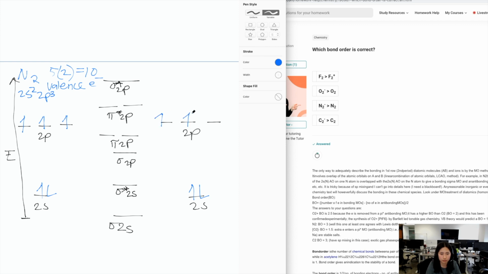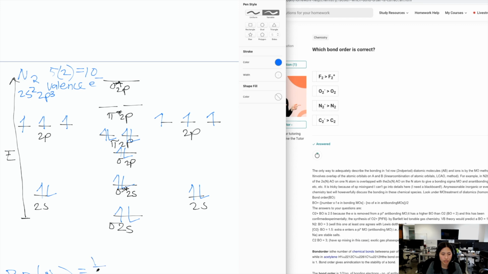Same thing for this side. Oh, and by the way, this is your atomic orbital, and this is your atomic orbital. On the other hand, you have your molecular orbital, which is in the middle. So it's the same thing: 10 valence electrons. So here we go: 1, 2, 3, 4, 5, 6, 7, 8, 9, 10. Okay, so this is 10 valence electrons. We stop there, right? So that means your bond order for N2